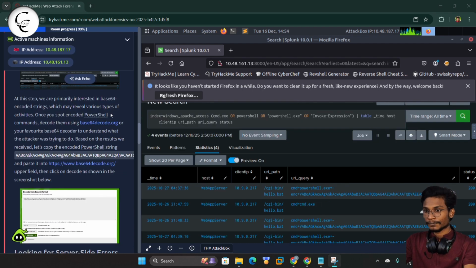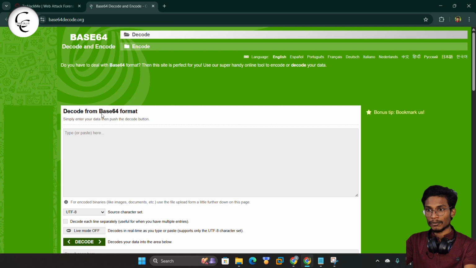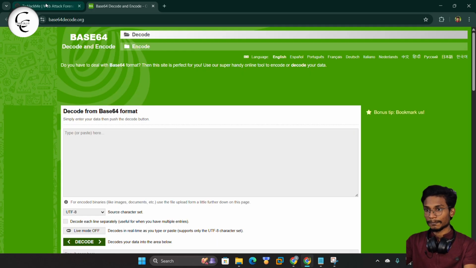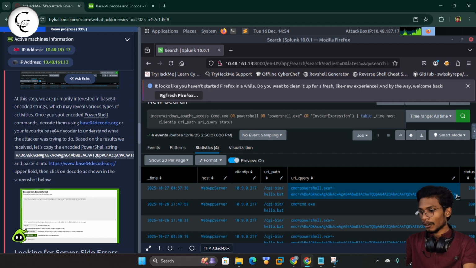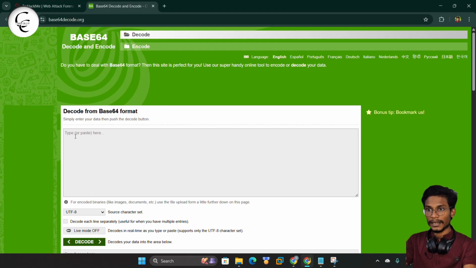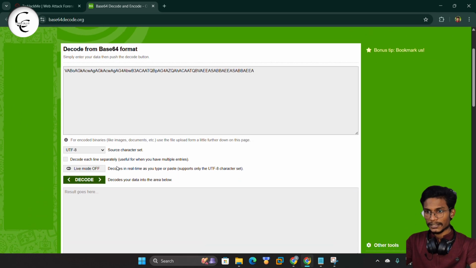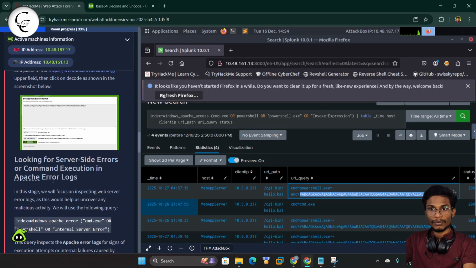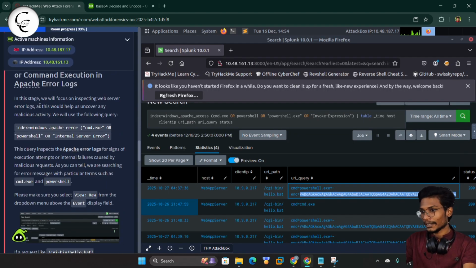So now we can simply move to base64.org. Now we can give agree. So I will simply copy this base64 text and paste here and we can decode. So here you can see the result. Now, in the Apache error logs, to check for the command execution in the Apache error log,